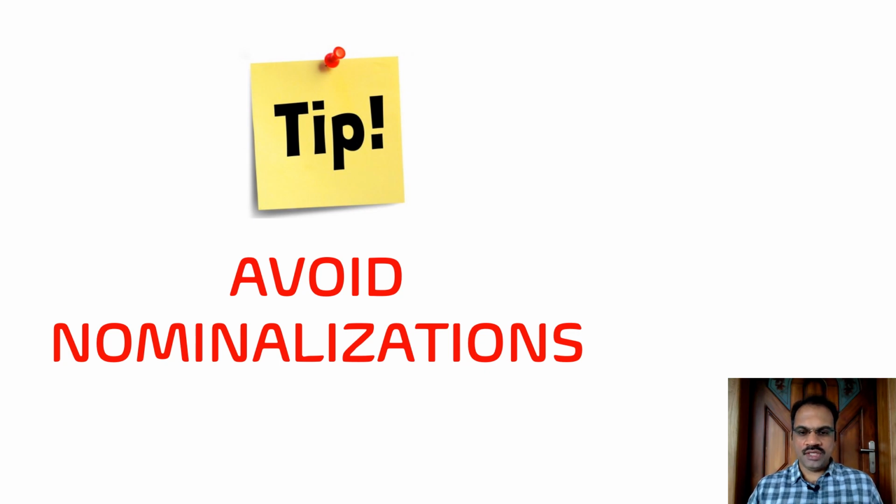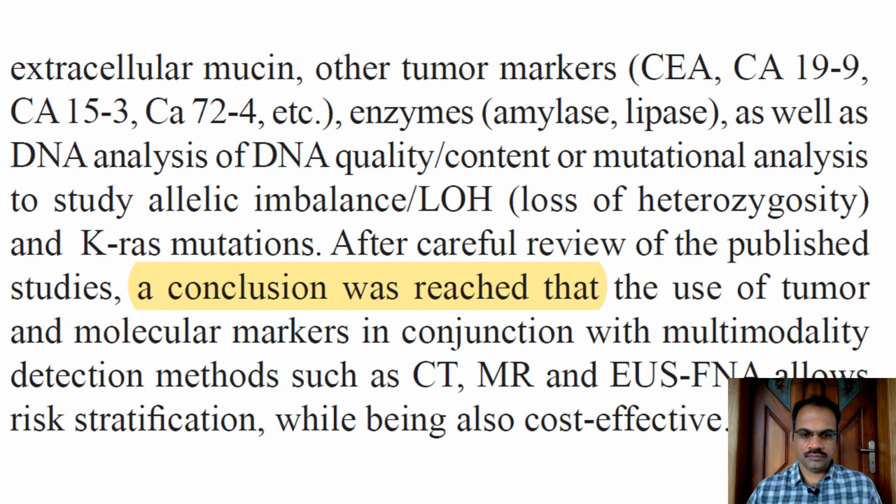Avoid nominalizations. Again, this is another very common error that authors make, using a lot of nominalization. Nominalization means basically where you can use a verb, you don't use that, and rather you use the noun form of that particular verb, and that becomes more difficult for the readers. Also the sentences become longer. Your word count increases if you do that. We will see some examples. Please see the highlighted portion here.